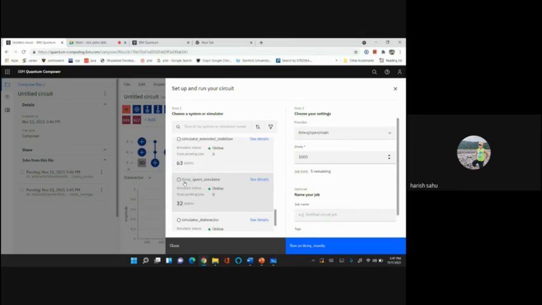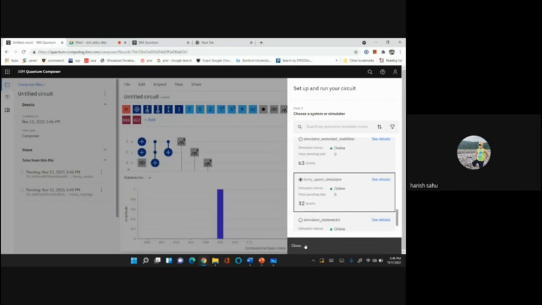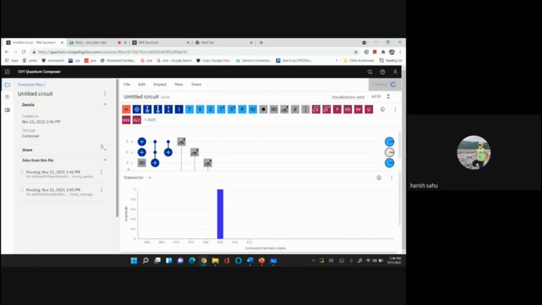One of the most used quantum simulators is the IBM Q Quasm Simulator, so you can run your circuit on this simulator also. This simulator has 32 qubits, meaning it can simulate a circuit with 32 qubits. So let's run it on that simulator also.